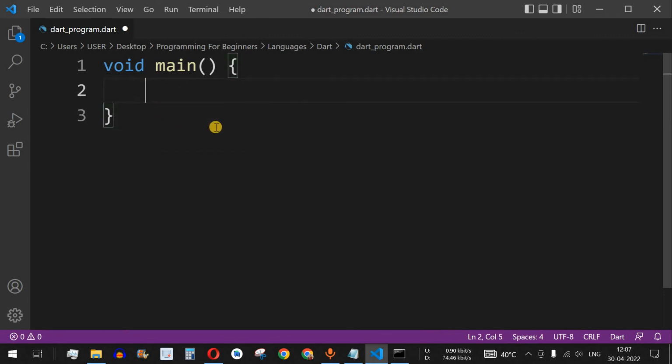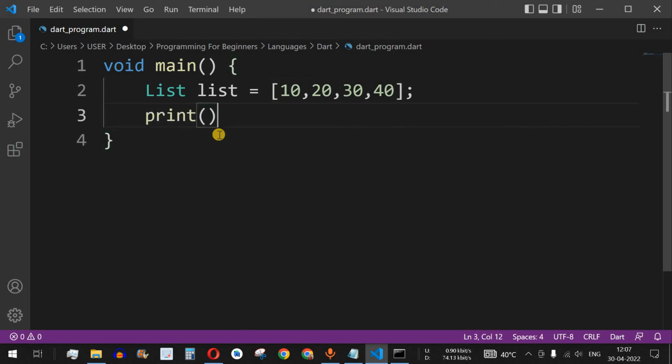So guys, in order to define a list, we can either use the var keyword followed by the name of the list, that is a variable name, or else we can use the List class as well. So List followed by the variable name followed by open and close brackets in order to initialize the list. So we can have some numbers, let's say 10, 20, 30 and 40. And in this way we can define a collection that belongs to list.